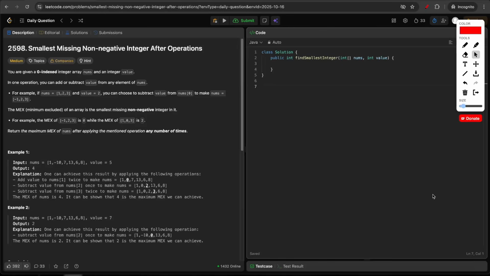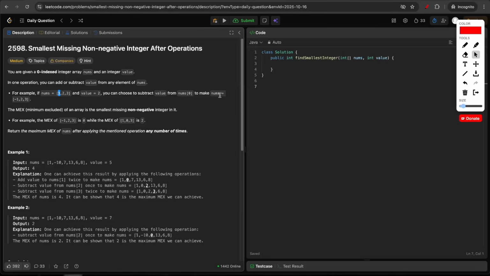Hi everyone. Today we'll be discussing the LeetCode problem of the day, smallest missing non-negative integer after operations. In this problem, you are given a zero-indexed integer array nums and an integer value. In one operation, you can either add or subtract this value from any element in the array. So for example, if you have numbers 1, 2 and 3 and the value is 2, so if you pick this